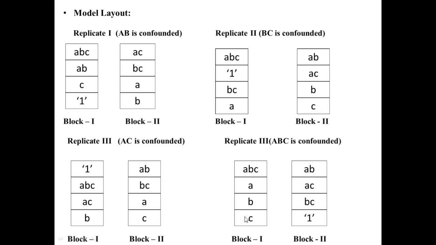So here in block 1 we consider positive combinations, and in block 2 we consider negative sign combinations. So we get block 1 like this: ABC, A, B and C, and in block 2 we get combinations AB, AC, BC and 1. So in this way we get a model layout when we consider all interaction effects confounded partially in 2^q